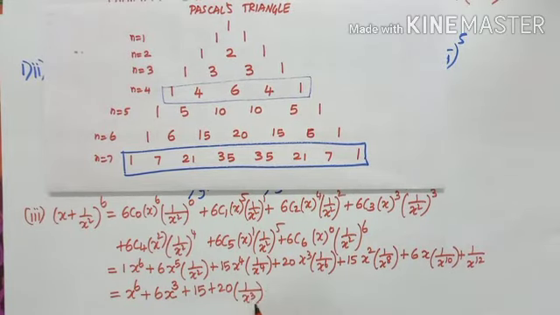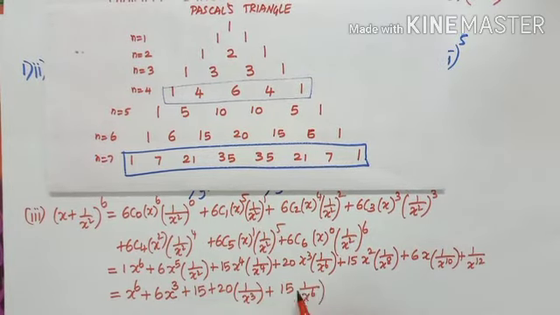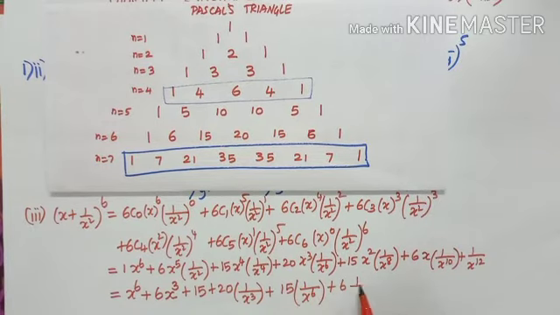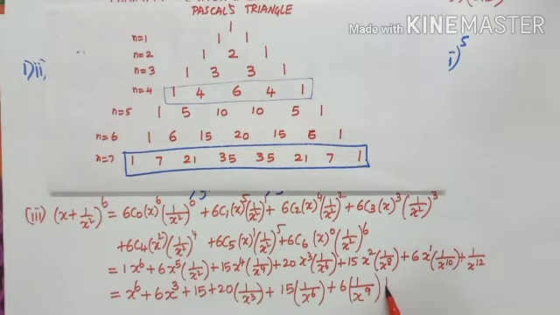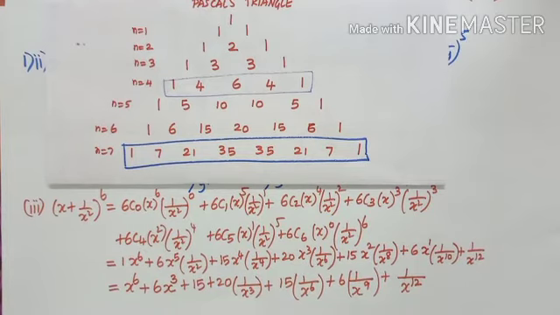6 minus 3, 3. 15. Again here only more power, subtract. 1 by x power 6. 6. 1 by x power, no power is 1. 10. 10 minus 1 is 9. Plus 1 by x power 12. And that is the answer. So try it yourself and check your steps.